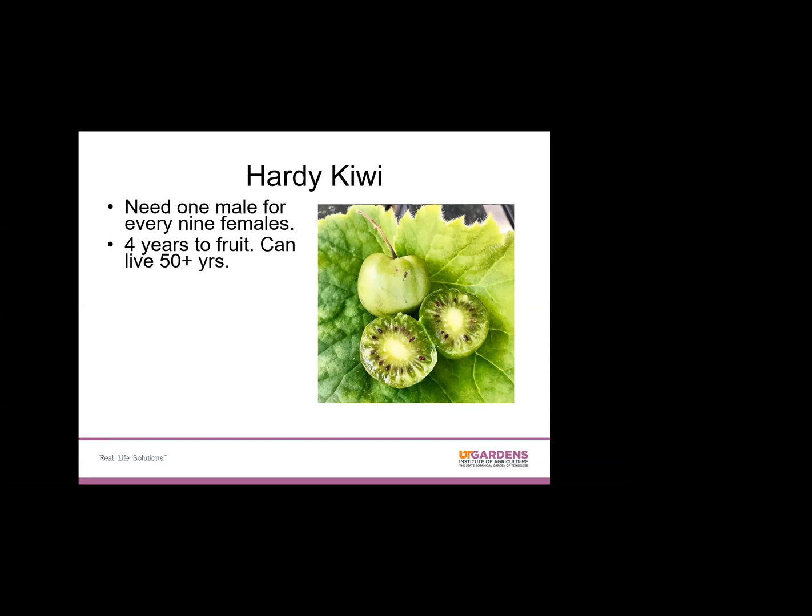They can be really long-lived. And like I said, they are a vigorous vine. They can grow 40, 60 feet long. So you really need to have a large, sturdy structure to grow them on. But they provide nice shade in the summertime. They have beautiful large leaves, and